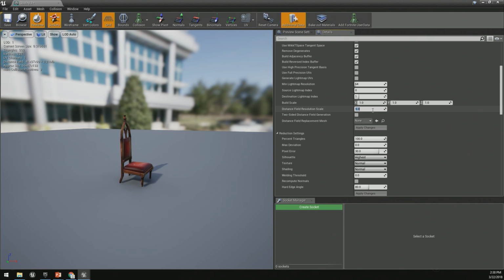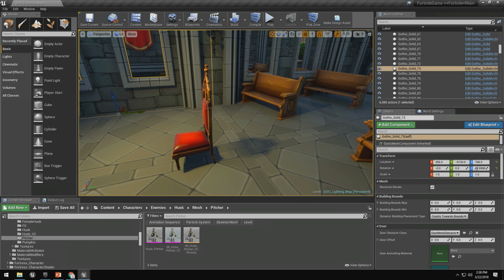We'll pull this back down to 1 where we were so we can see the difference. And maybe try kicking it up to 2. There you go. We're starting to get a nice softening effect there. So the idea is that you as the artist have a lot of power over how these distance fields get used, but you also need to keep memory usage in mind and make intelligent trade-offs.